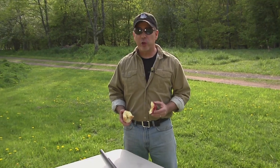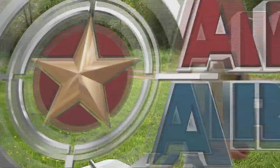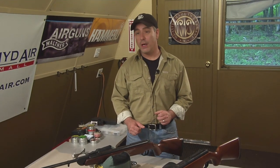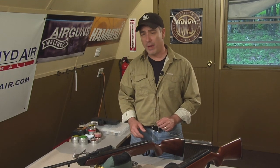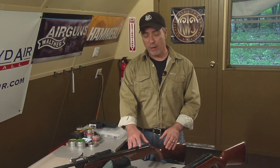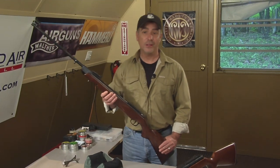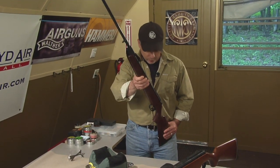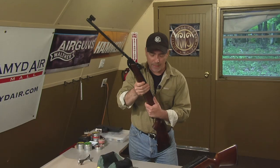Now let me go ahead and show you how to safely cock and hold a break barrel air rifle. Folks, I've seen far too many online videos of people handling their spring-powered air guns in an unsafe manner. I'm here today to show you how to properly load a break barrel air rifle and a side lever air rifle. There are a couple of ways you can do it, but the only way to really do it is safely. With a break barrel air rifle, if you're right-handed, put the butt of the rifle on your hip. The first method is to simply slap open the barrel,